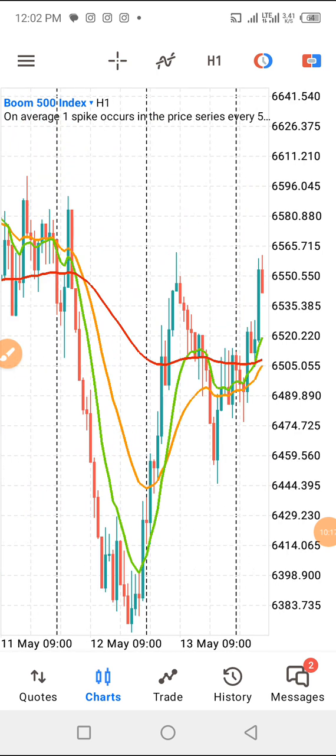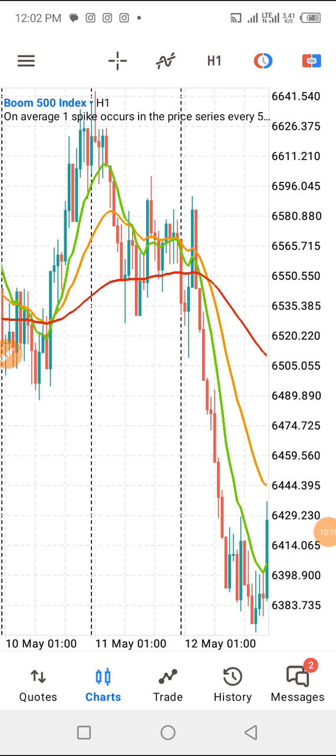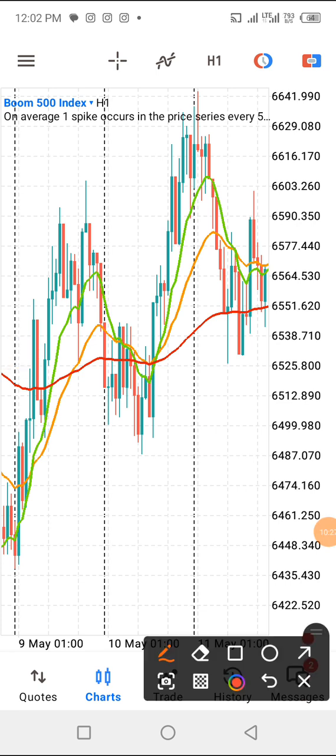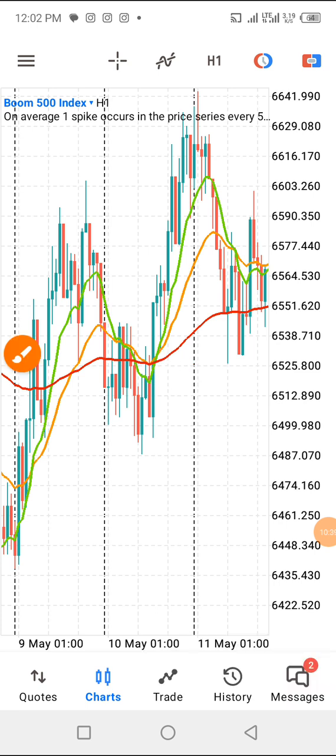Make sure you are very clear, because you might be taking the wrong alert. Yes, you might be taking the wrong entry alert. For this sell, this was the alert here when that green crossed. Do you know that price still sold before it later went up? Now, at what point did we get a buy alert? This is it. If you had opened buy, you buy. So make sure you check very well. Please, it is very important so that you don't come to start complaining that the strategy doesn't work.